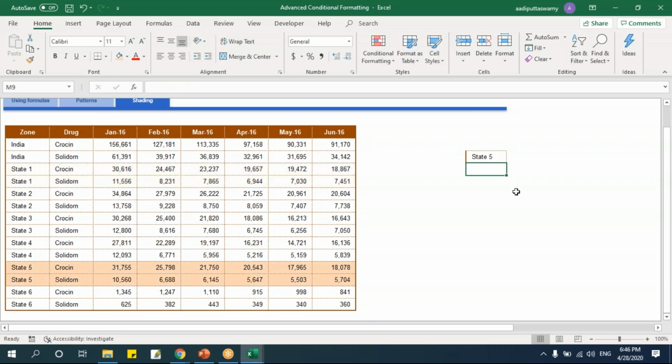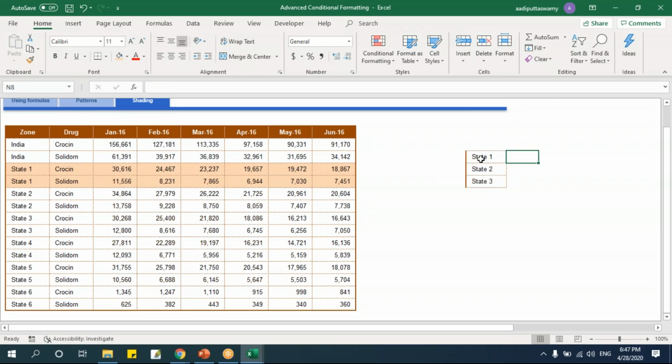See, this is if I have only one value. What if I have 3 values to be checked? Say for example, I have this state 1 and I'll say state 2 and 3. The previous example was only one cell. I just mentioned it as equals this one or any of the values here, then I highlighted. So here I have 3 different states.